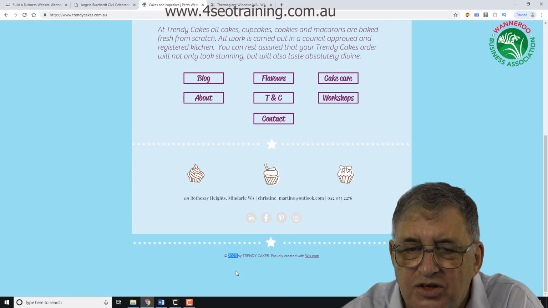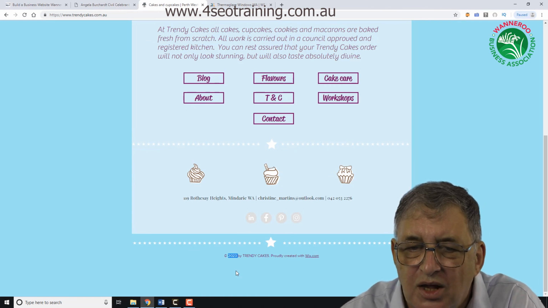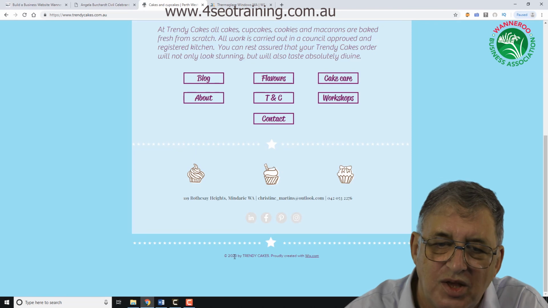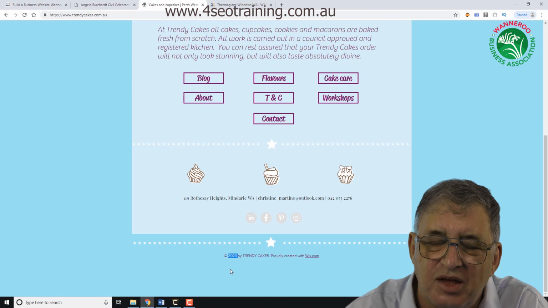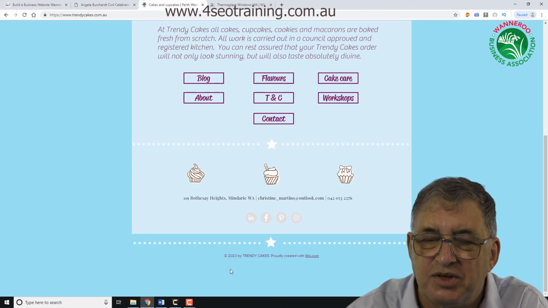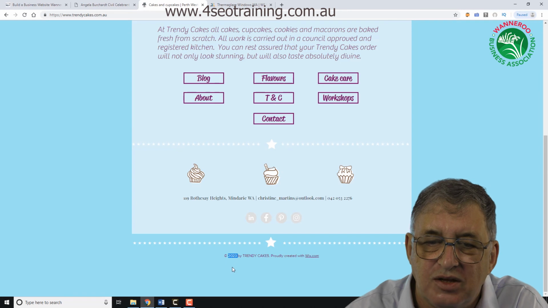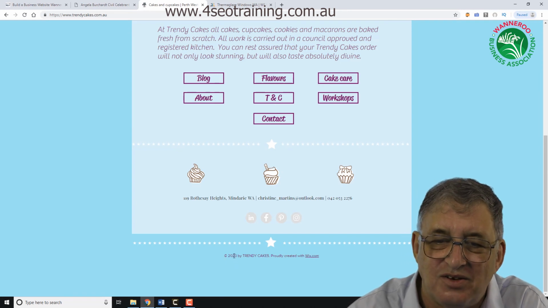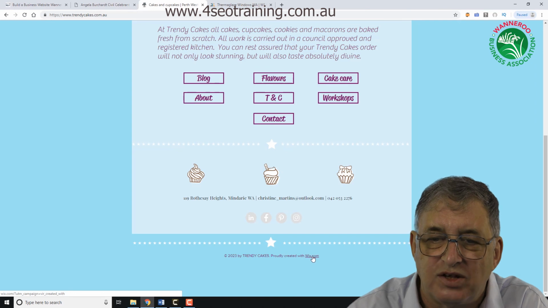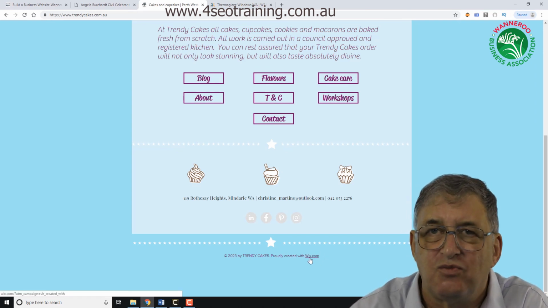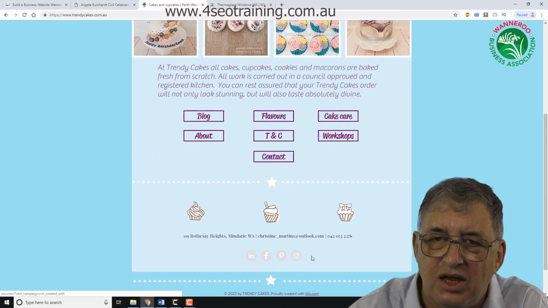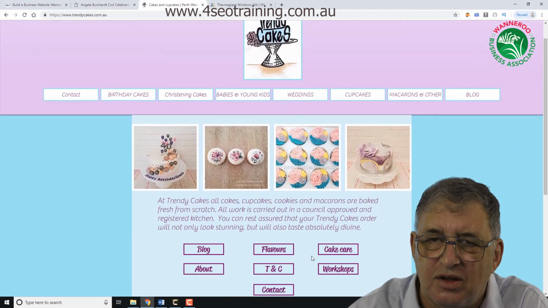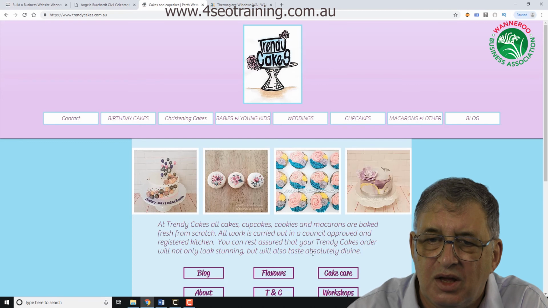So this is Back to the Future. This is 2023. This is a common mistake, people getting the date wrong. Sometimes I have an old date, but having one in the future is equally common, and it just doesn't look so good. Also, you can see here this is a Wix website, which I'm not a big fan of, as I may have made clear earlier. If it was me, I would transfer this to WordPress, and it would be a heck of a lot easier to get this website promoted.